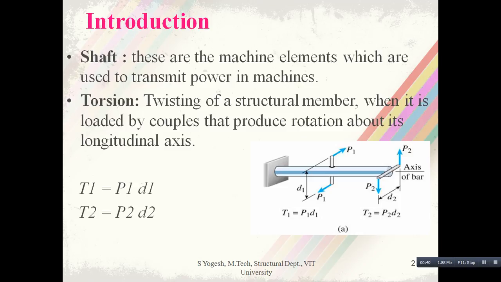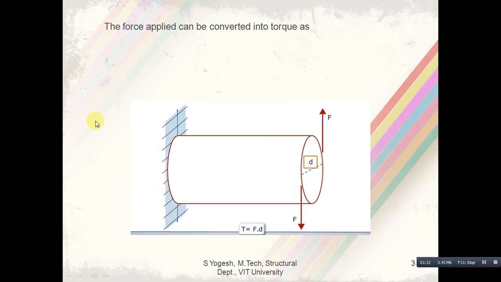Torsion is nothing but a tension or turning force on the cross section of circular rods or a shaft. Torsion can be experienced when a force on a rod is applied to twist or turn. It is the twisting of a structural member when it is loaded by couples that produce rotation about its longitudinal axis. By this rotation,